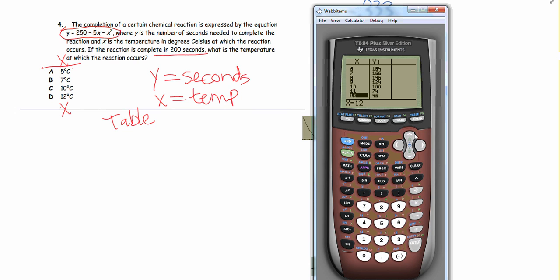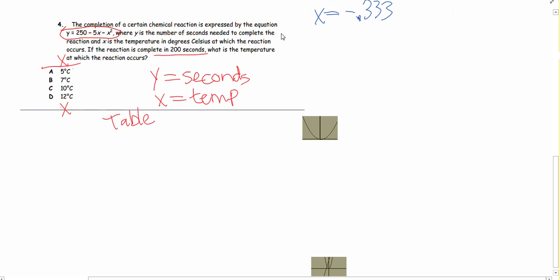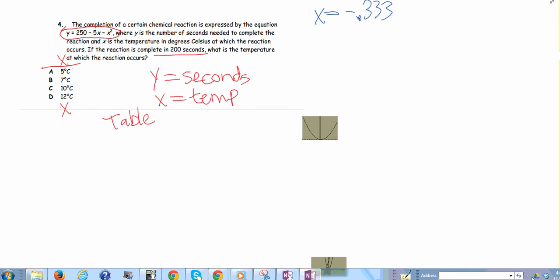So let's go back up and double check that before we circle our answer. And it certainly looks like that 5 is partnered up with 200. So our answer choice is A on that one. Alright, so when you get these equations that involve x squared, almost always you can put them in the calculator and come up with a solution. Alright, I hope you practiced along with this, and we'll see you